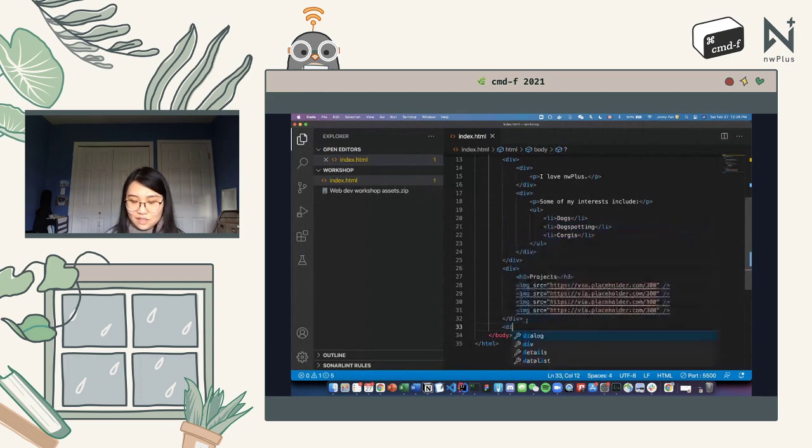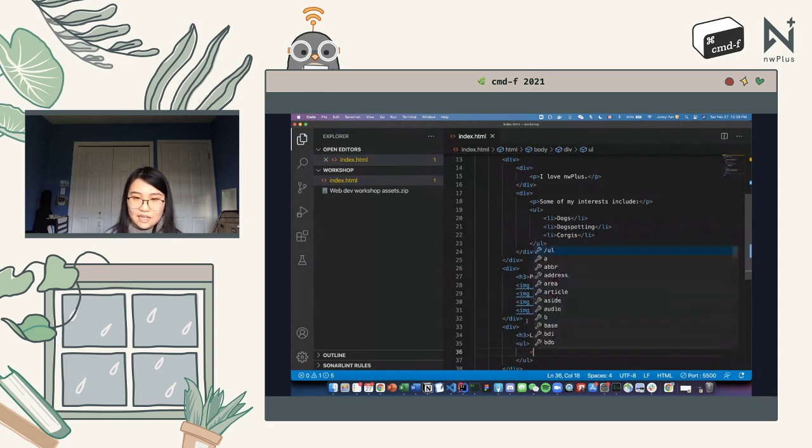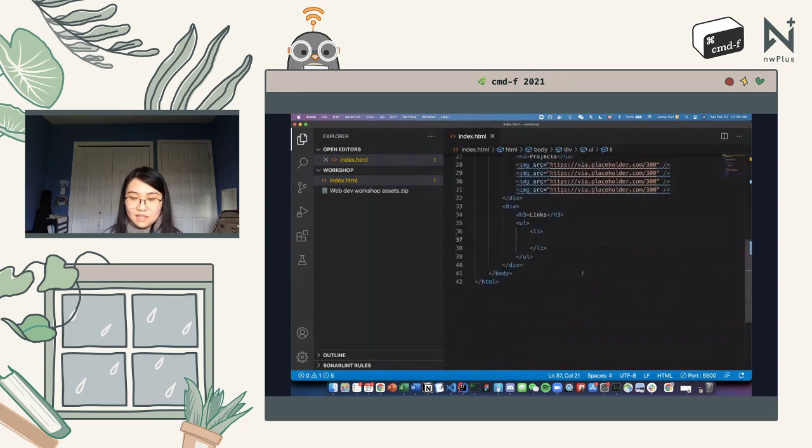So we're just going to include an opening div tag and heading that says links. And we're going to have an unordered list again. And inside, we will have list items. And for each list item, we're going to have the